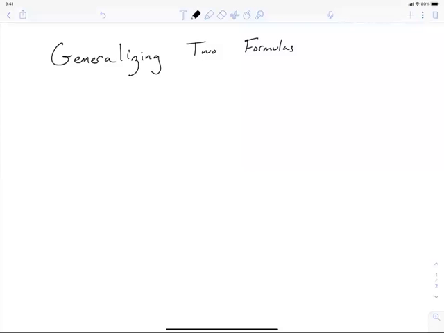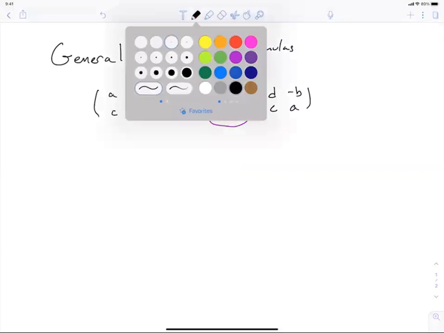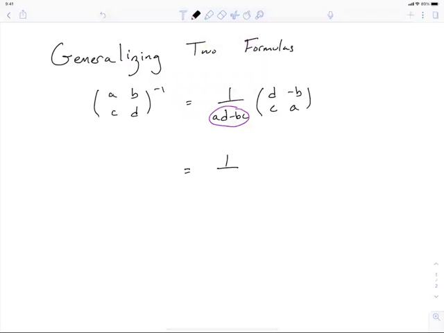All right, today we're going to talk about generalizing two formulas that you're familiar with about determinants. So the first one that we have is this one about inverses. And you may notice that, in fact, this right here in the bottom is a determinant. So we can write this instead as 1 over the determinant of A times some matrix